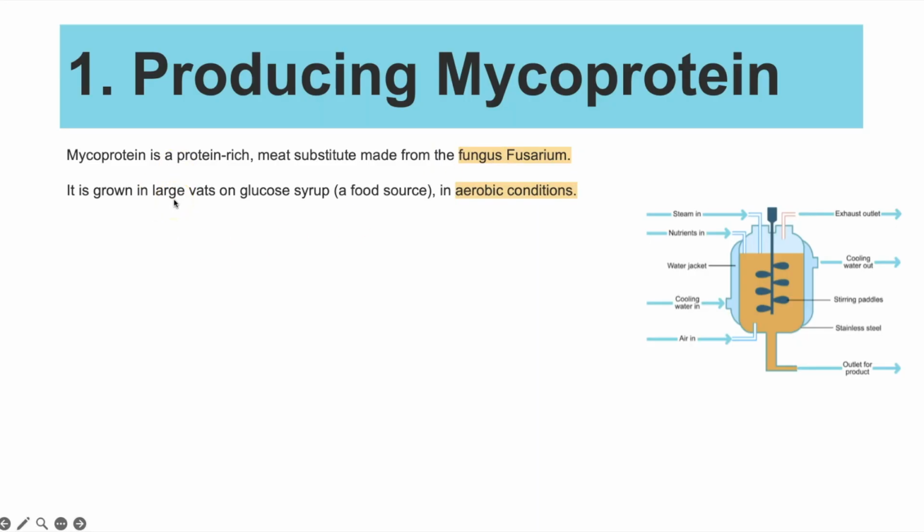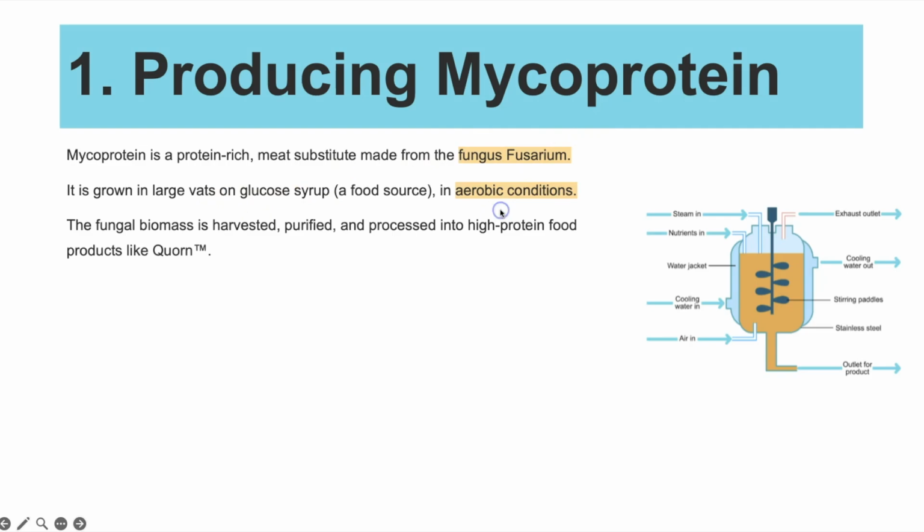It involves growing large vats of this fungus using glucose as its food source in aerobic conditions. And that's how we get lots and lots of it being produced and we get Quorn. So we can see here the optimal growing conditions. We need to have air being bubbled in, so there's oxygen because it's aerobic conditions, the paddles to distribute the oxygen and to make sure the temperature is even because there's enzyme reactions happening, and it'll help to distribute the